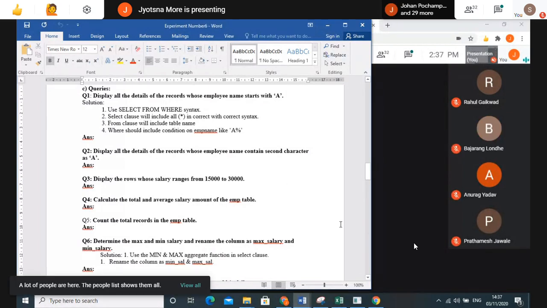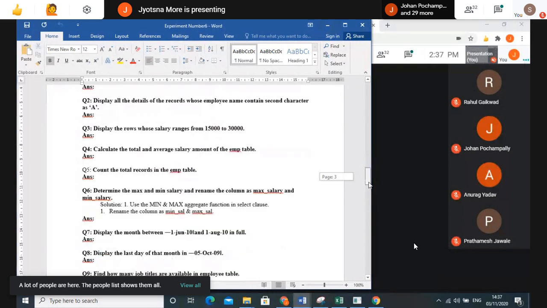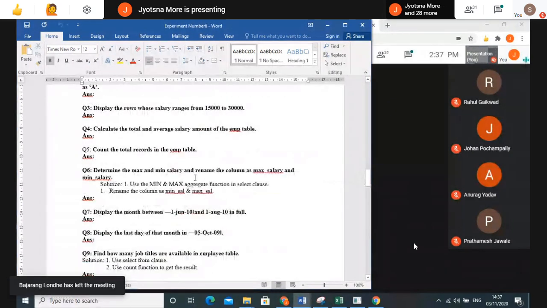Fine. So we'll continue with question number 6. Question number 6 is determine the max and mean salary. Before continuing with the next question, I suggest you finish the previous questions, because of whatever changes we will do afterwards. After doing these next questions, you don't go back to your previous question. So first finish whatever the previous questions are. Everyone, we'll start with question number 6.